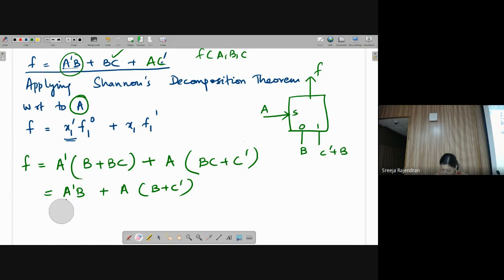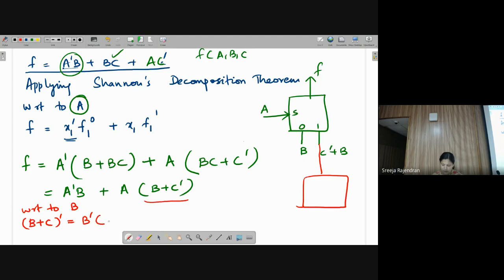Now I can again decompose this function further, with respect to B now. So with respect to B, now what do I decompose? I don't have to decompose the entire function. I only take this much. Because if I want to connect a mux here, B is already in the single input format. I just want to change C bar plus B because there are two variables involved there. So if I'm going to further do this with respect to B, the same function when I use for B will be B bar,